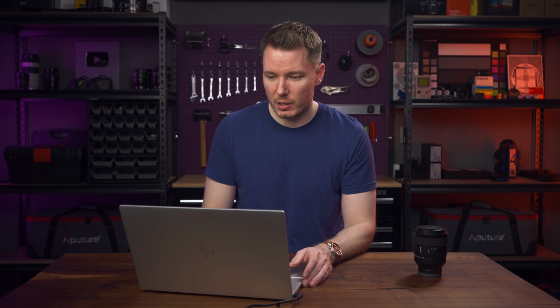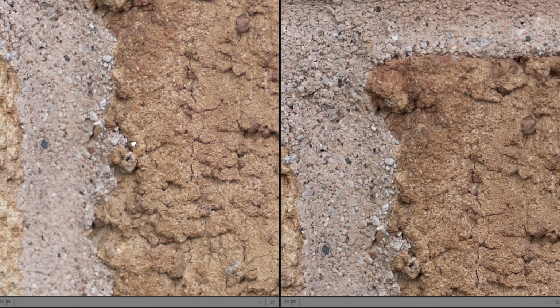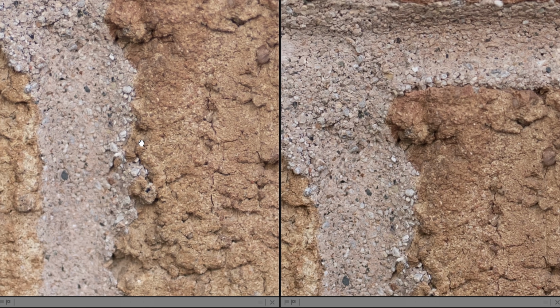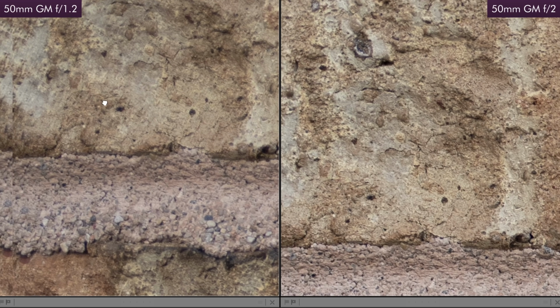If we punch in right here, you can see it's incredibly sharp in the center of the frame. This is absurd. And these were all shot at like 50 megapixels, so we can really punch in and take a look. But if we go over to the edge, we can see that it's definitely softer. And by stopping down, if we do a little comparison here, let's punch in here. So this is center at 1.2 versus 2.8, but if we go to the edge, we can definitely see that